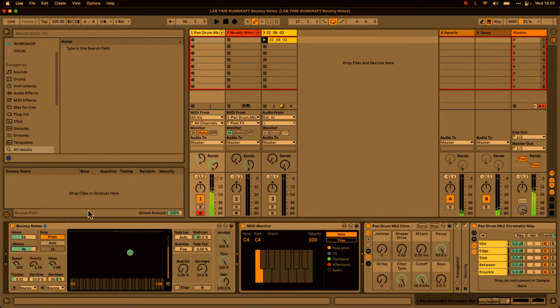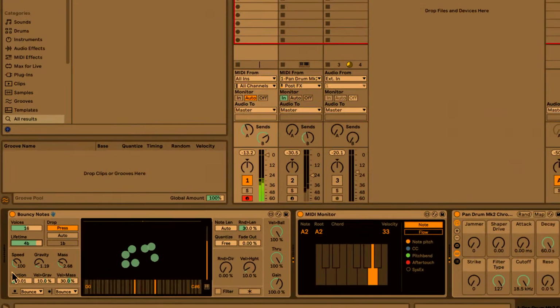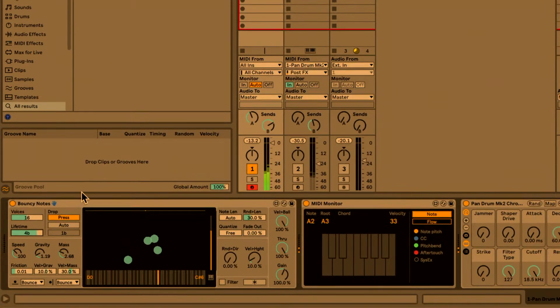Great. Okay, so every time I press a note, a ball is made, and I've added the MIDI monitor afterwards, the instrument, just so you can see what notes